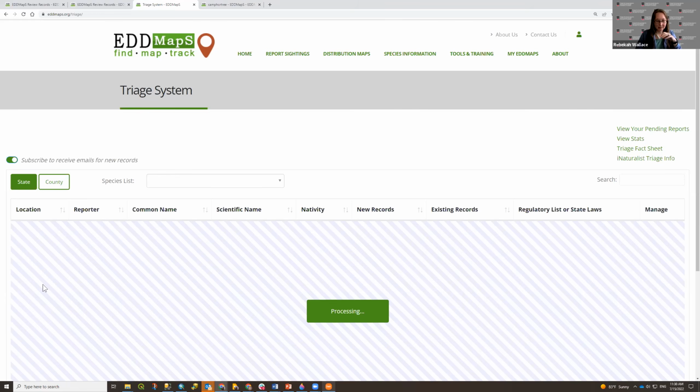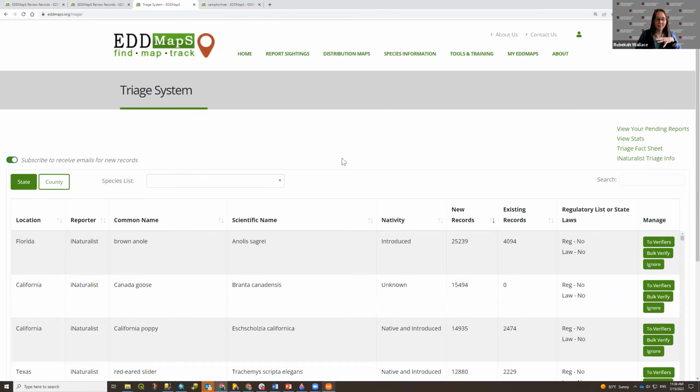It's just going to take a second because these are the records that fit my parameters, and I have all the parameters. It might look a little different to some people because we added a few things in the last few to several months. So this table lets you see what we are looking at. In this case, say Florida, who reported it, in this case, iNaturalist.